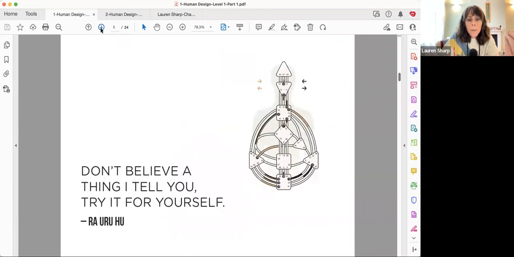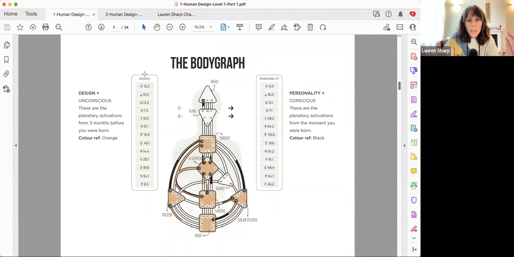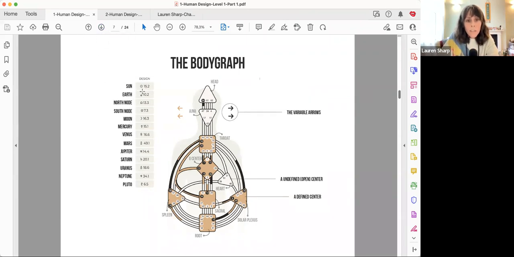And then we looked at the body graph and we said, okay, on the design side, that was the unconscious waiting to be lit up. The personality, the conscious, we're aware of that. We're also aware that each of these symbols here represents the planetary symbols, and those are actually where the planets are sitting inside your chart. So that is a very interesting aspect of human design. And I also do planetary readings in that. And going into next year, I'm going to start talking more about human design, the astrology aspect of human design, and how and where the sun sits.